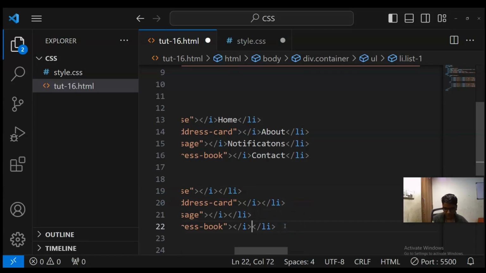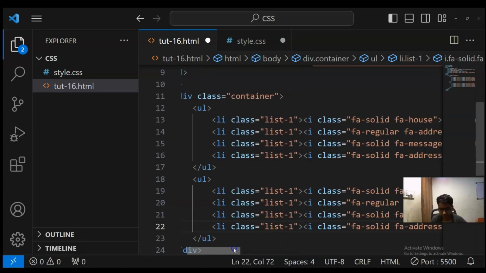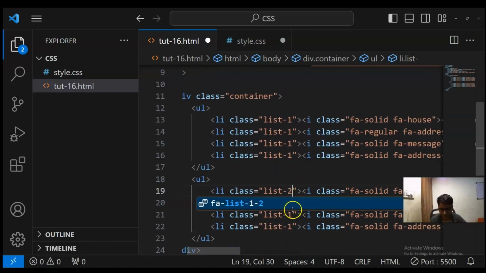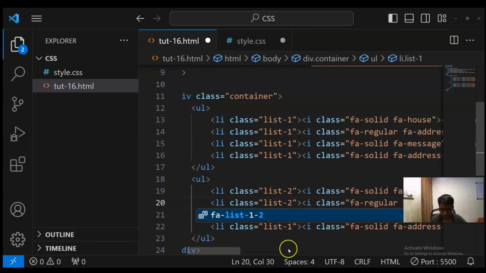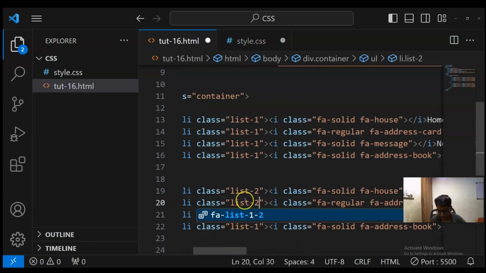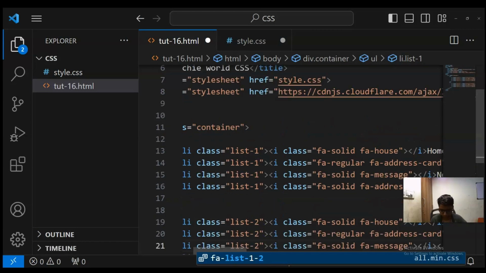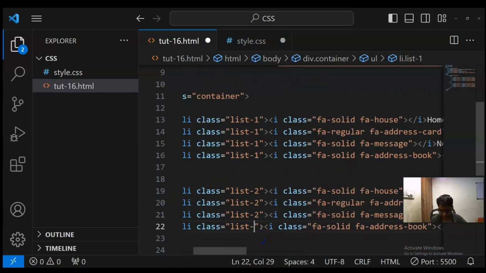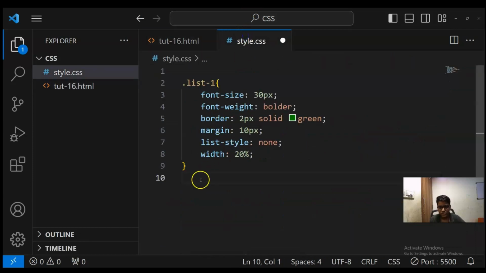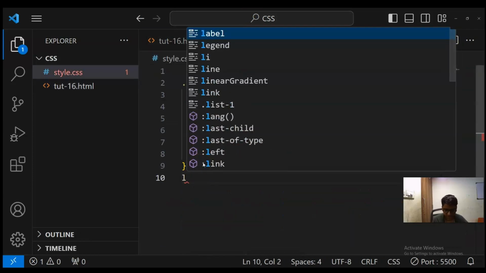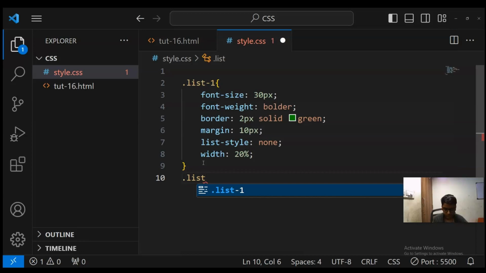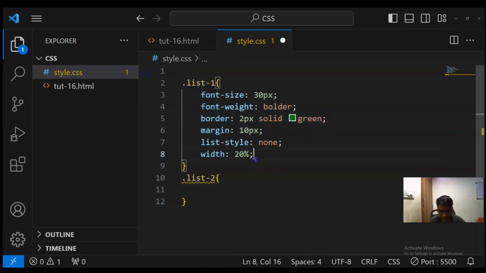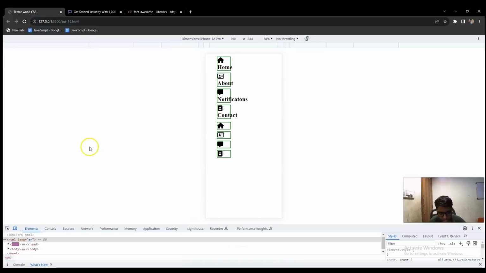So same way for contact also. And friends, over here what I can do is instead of list 1, list 2, list 2, list 2, and same way list 2. So friends, now over here let me select list 2, and let me provide it with same type of style. So I'll copy this,